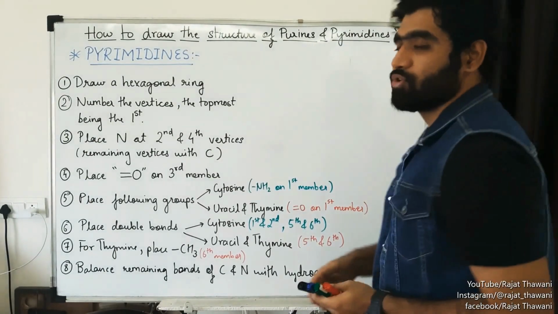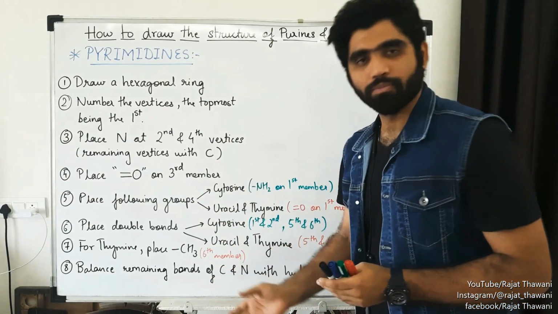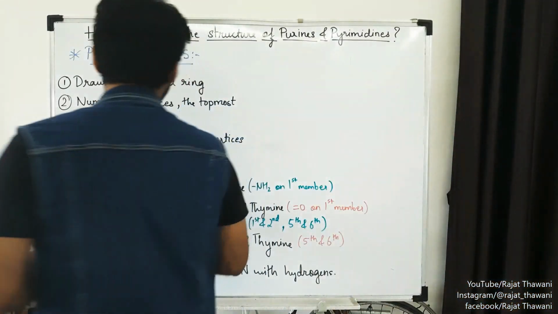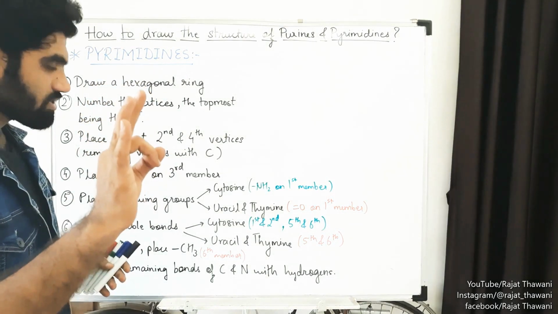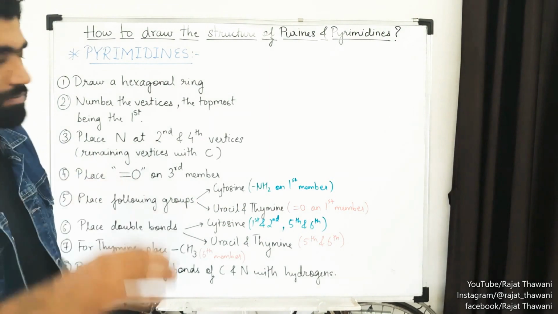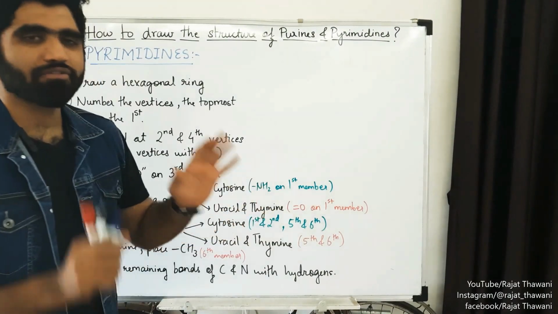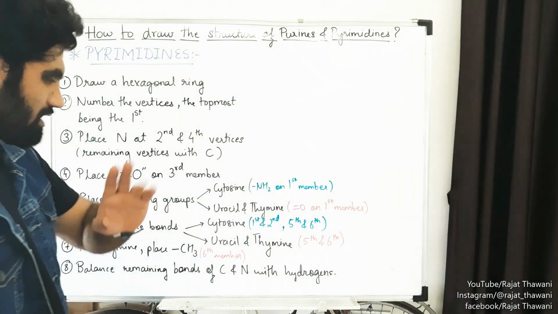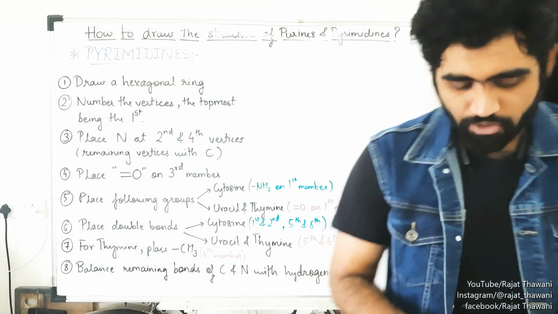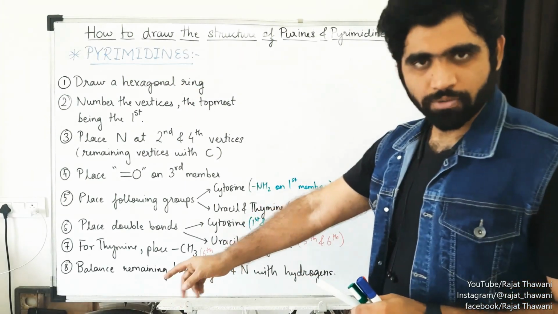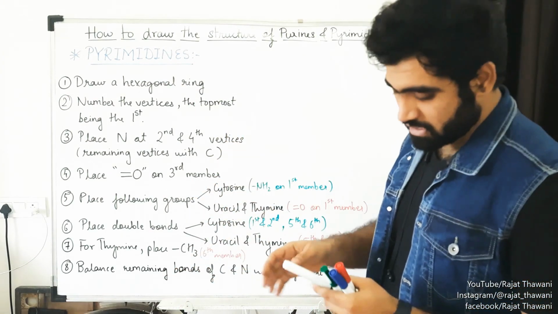Alright guys. So in case of pyrimidines, I have written a few points. If these are followed, it will be very easy to construct. In case of pyrimidines, we observe there are 3 pyrimidines: cytosine, uracil and thymine. Remember, uracil and thymine are very much related. Only one group is different in both of them, the CH3 group. Otherwise, nothing else is different. So it will be very easy to draw. The number of steps seems to be more, but it is not that much. It is easier to construct.